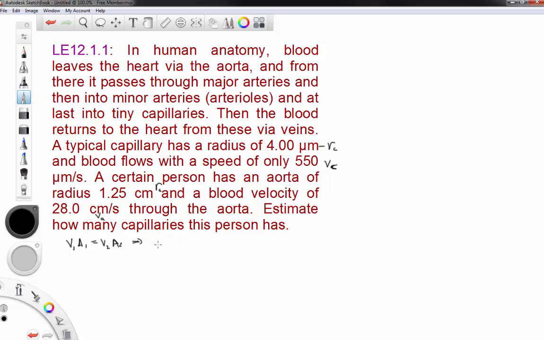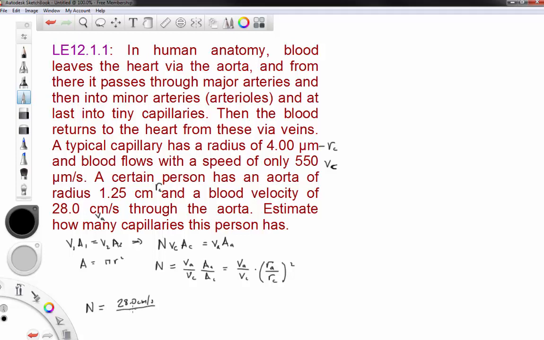So in those terms, this basically becomes the number of capillaries times the speed in a capillary times the area of a typical capillary is going to be equal to the speed of the aorta times the area of the aorta. And the area of either is basically pi r squared. So this basically says N is equal to VA over VC times AA over AC. And so that becomes VA over VC times, the pi's cancel, you're basically left with the radius of the aorta over the radius of a capillary, quantity squared. So the number basically looks like